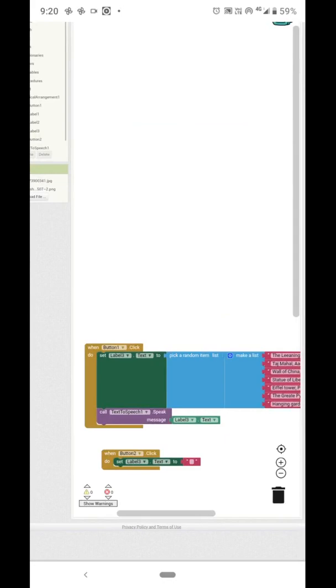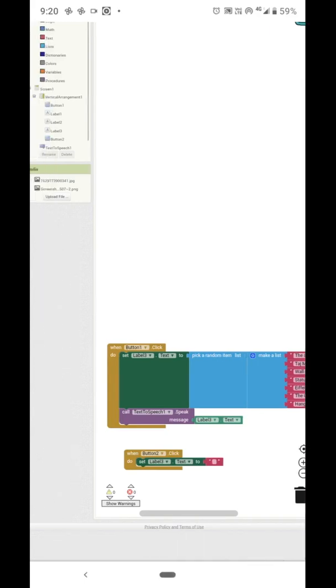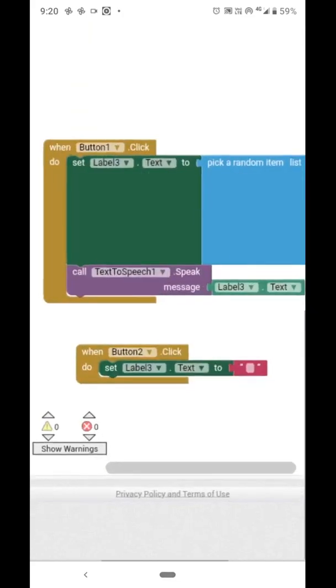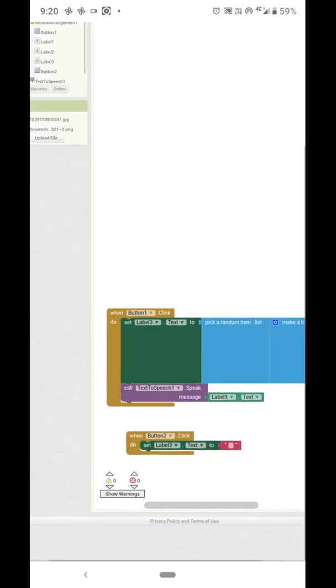When the user clicks on the first button, here we are using the list control. Any one atom from our list gets picked and it will display on the label. And button 2 is the refresh button. The label 3, which displays the result, will get blank. Again the user will choose a new atom from the list.